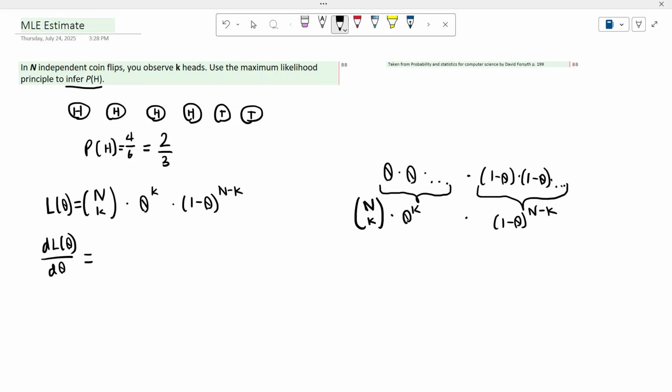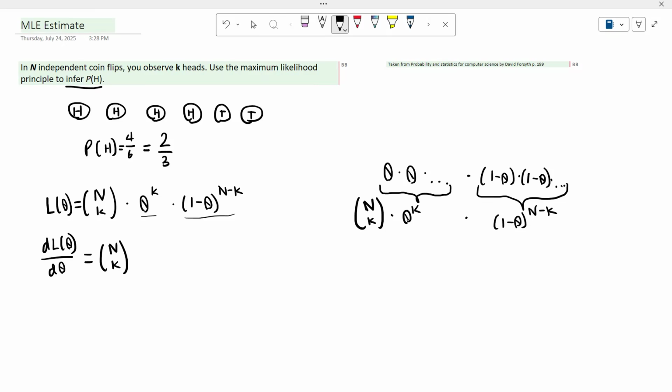So on the right side, we get n choose k, that's just a constant, so we can bring it out. And then we have theta to the k times (1 minus theta) to the n minus k. Now, if we think back to taking derivatives of two functions multiplied together, we know we're going to have to use the product rule. And to take the derivative of just this part and just this part, we can use